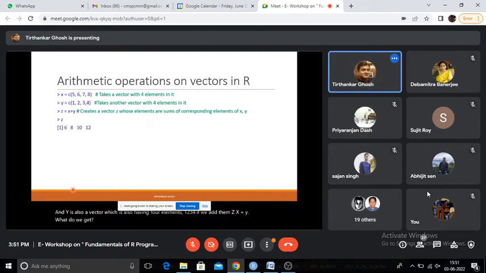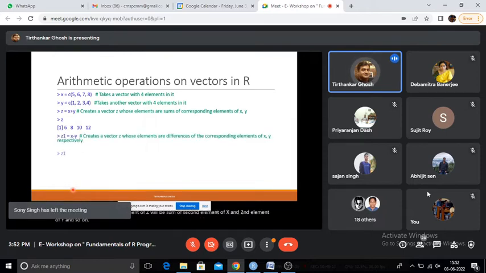We get the component wise added value of the variables. So z has four elements which are nothing but component wise sum of the elements. Component wise means, or I would say position wise. So the first element of Z will be the sum of the first element of X and the first element of Y. The second element of Z will be the sum of the second element of X and the second element of Y, and so on.